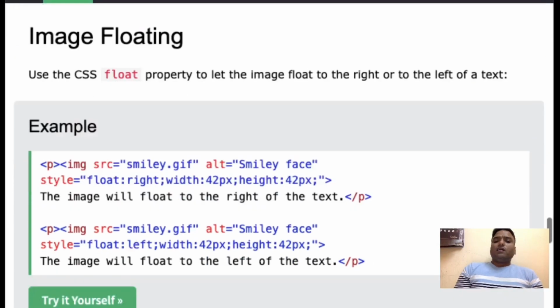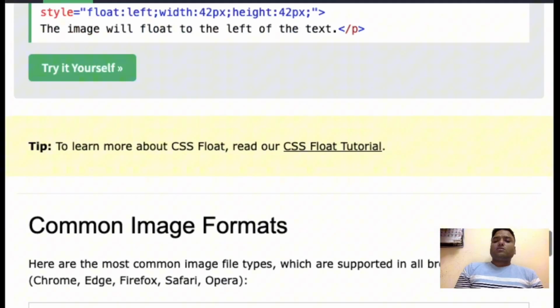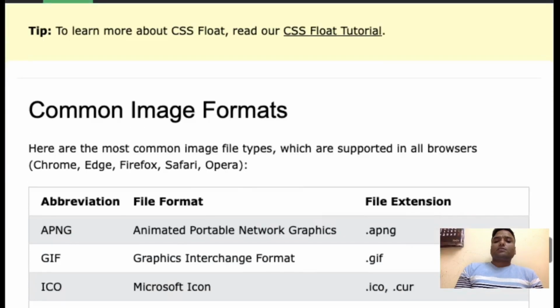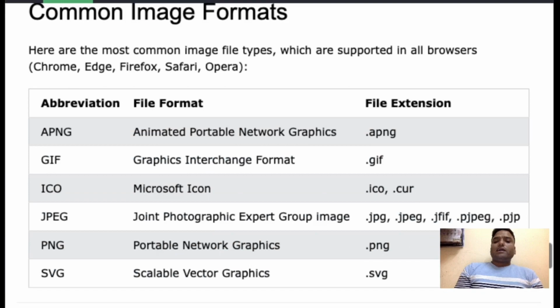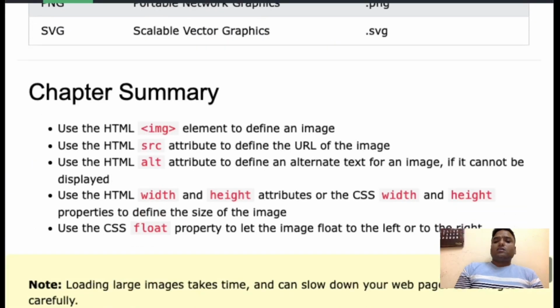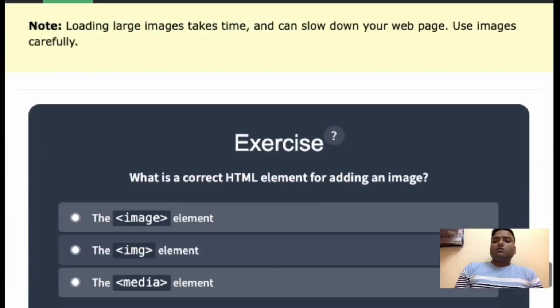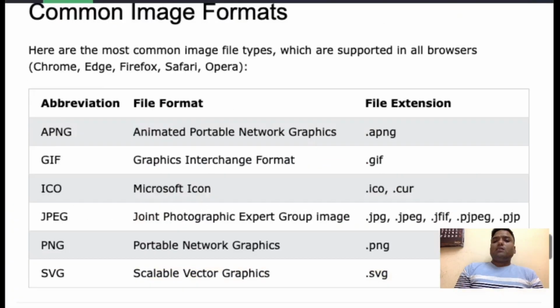It will float the image to the right of the text or the left of the text. You can use these formats of images: APNG, GIFs, or Microsoft Icon .ico. These are the file extensions that are supported by all browsers that are currently being used widely for accessing the HTML pages.